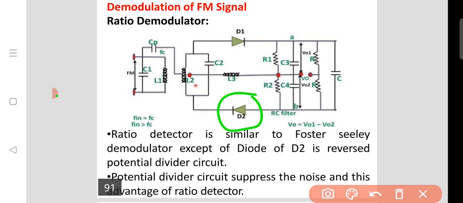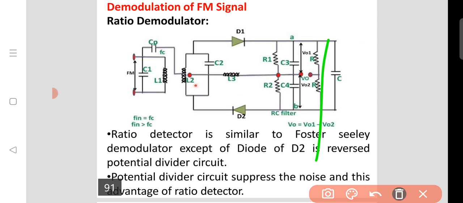Then it suppresses the noise, in order to reduce the noise presence, because we discussed in the threshold effect that the threshold effect causes the occurrence of more noise. In order to overcome that, we designed two tuned circuits in Foster-Seeley circuits,